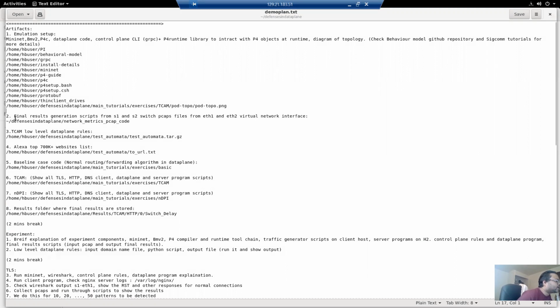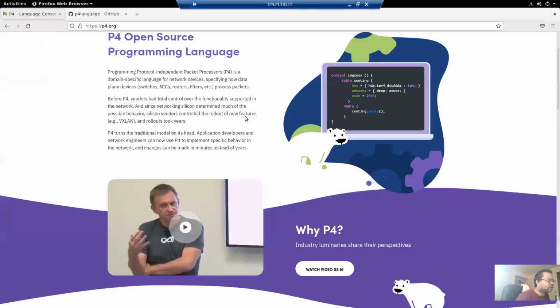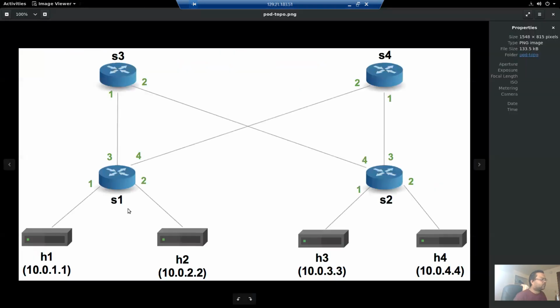The second artifact is the script that helps us gather our network metrics. So we generate PCAP files from the eth1 and eth2 interfaces.